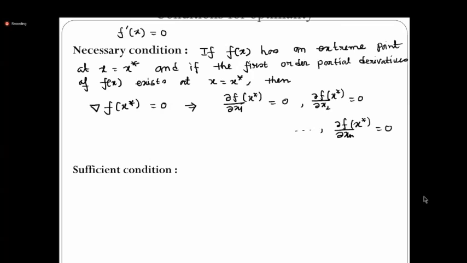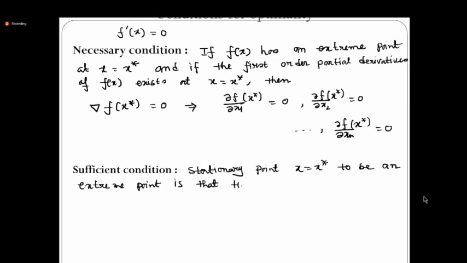In the sufficient condition for the stationary point x equal to x star to be an extreme point, the Hessian matrix H at x equal to x star